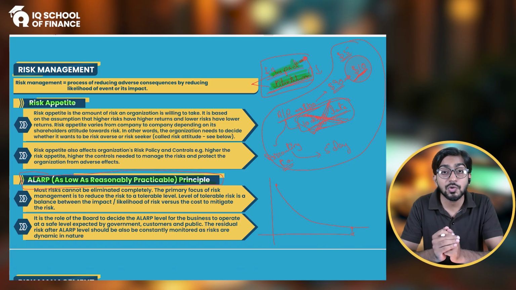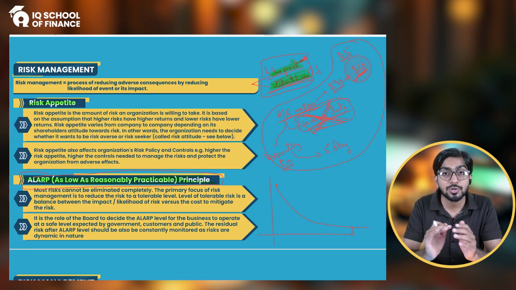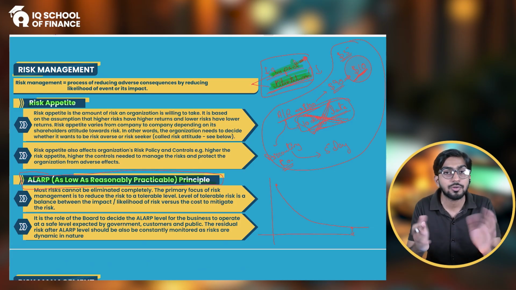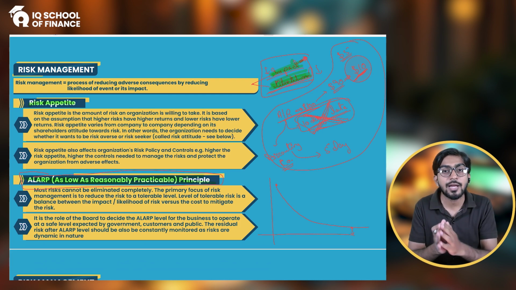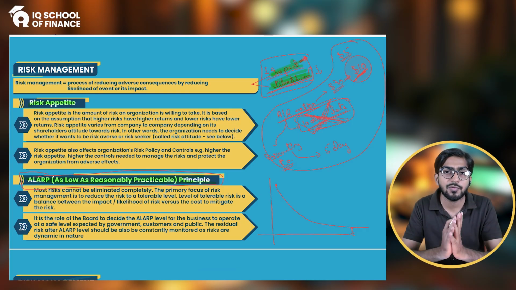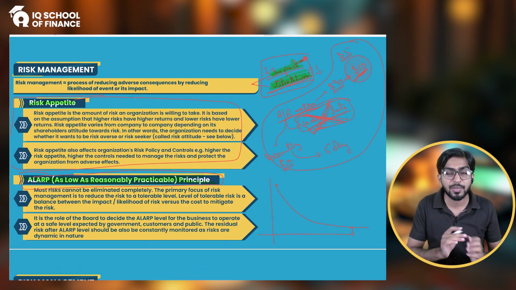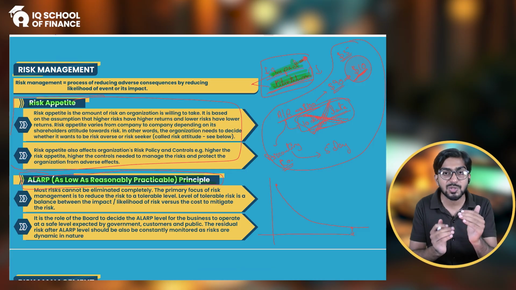But that doesn't mean that you will stop the business. So the Islamic principle teaches you this, that you should reduce the risk. You're not supposed to say that okay, if risk exists, we have to take the risk, take the full risk. No, Allah is saying reduce it, but also take care of how practical it is, right? Because there is always going to be some sort of risk and you have to accept it, and you will accept it based on your risk appetite. So this is the balance between the risk appetite, the risk which you are going to take, and the practicality.